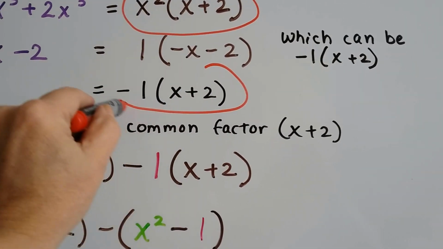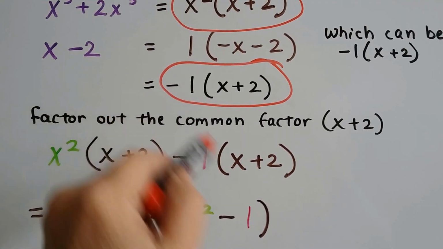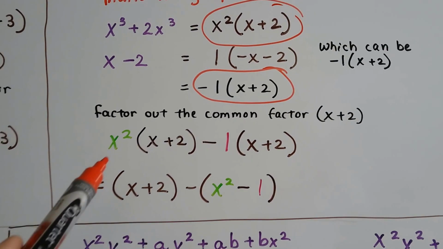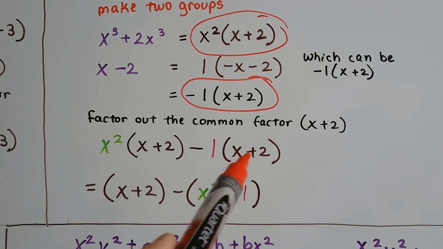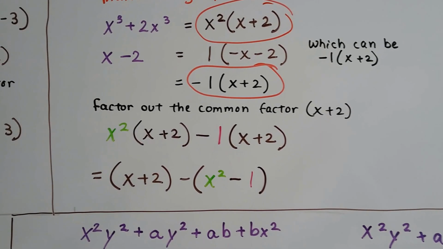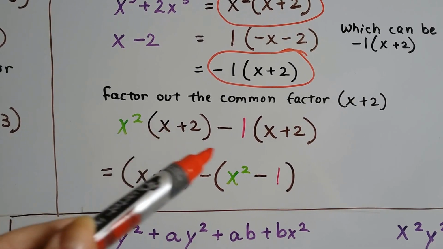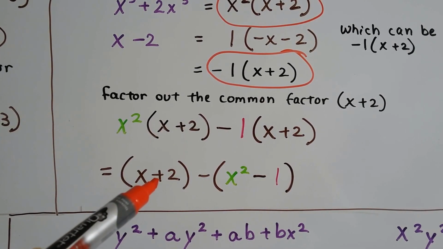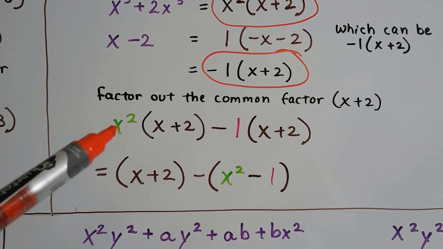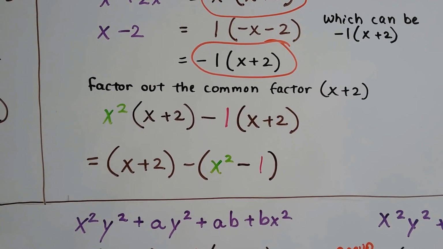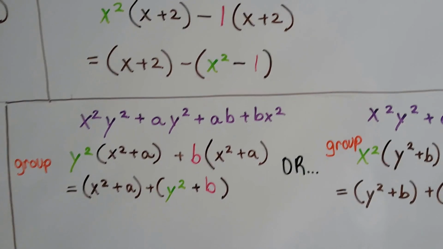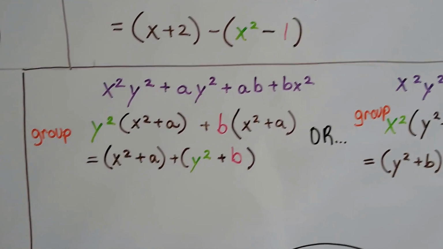and this one together with the minus sign in between them, we get x squared times x plus 2 minus 1 times x plus 2. Now we can take the x plus 2 and put it in its own parentheses right here, just one of them, and the x squared minus 1 in the other one. We're done. Okay? Now, this one can be done in 2 ways, so I'm going to show you both ways,